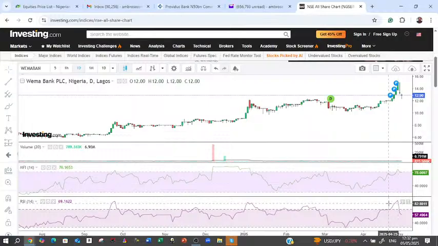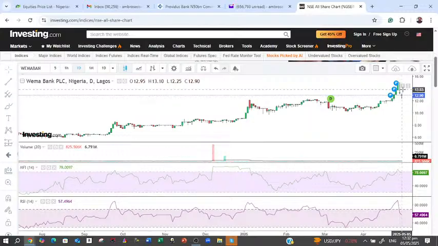But for those that are smart, you see that it has started coming down now. Once it crosses this 50 and comes to around 40 or below 40, that's a good time. That's why you're looking at overbought, because their numbers are good. And don't forget, already in May, we're talking about Q2 numbers, and the trend was seen in Wema Bank. We're going to see a better number in their Q2 that will further push the price up.